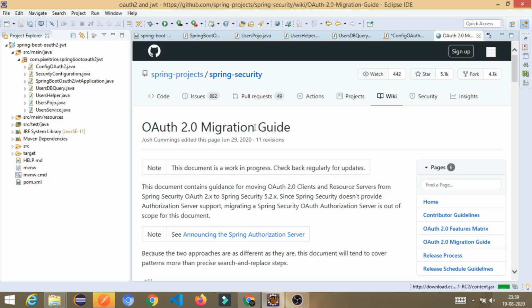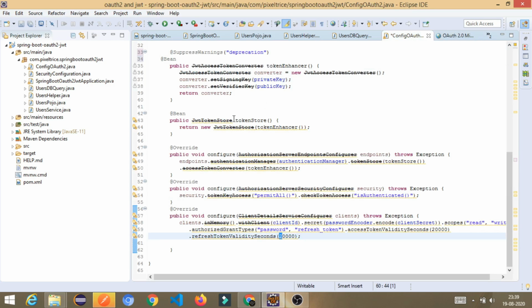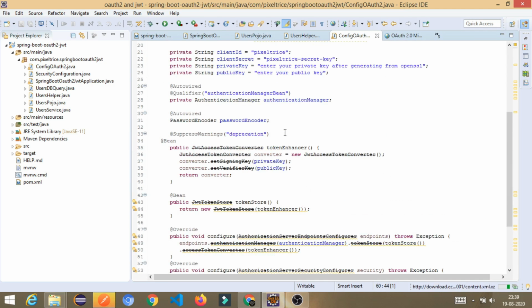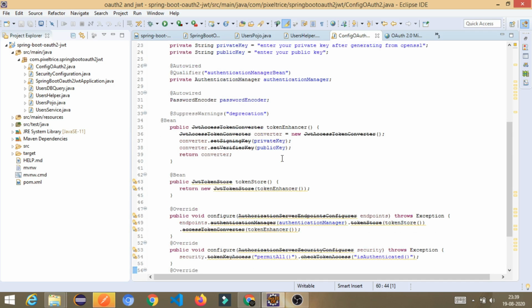This is given by the OAuth2 team. So that's why it is showing this line, but still it will work. I will show you how. This one is what we used earlier, and many places already use it like this, but in the latest update they provided this guideline to migrate to the different feature.